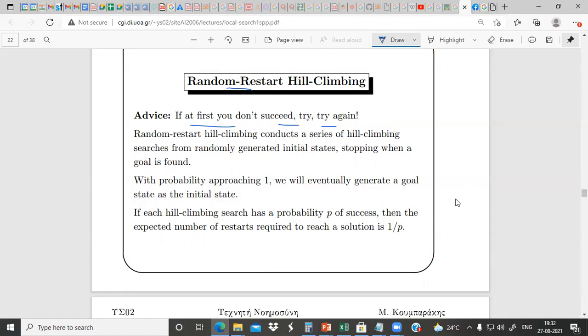The random restart hill climbing algorithm conducts a series of hill climbing searches from randomly generated initial states, stopping when a goal is found. So you randomly generate an initial state, and from that you apply the hill climbing algorithm. Let it be the basic version. If it reaches the solution, fine. But if it gets stuck in local maxima,